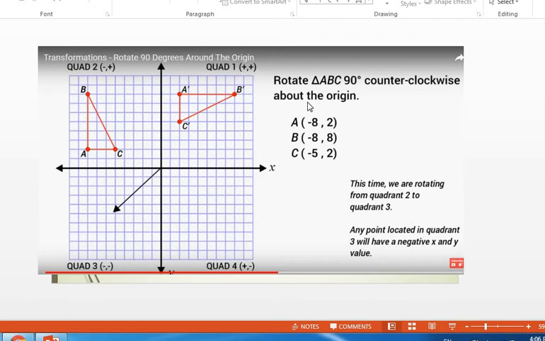Here he asks me another question. Rotate triangle ABC 90-degree counterclockwise. Counterclockwise means the opposite of clockwise, about the origin. I have here the points A, B, C. This is the original triangle, dots A, B, and C. As I told you before, I have